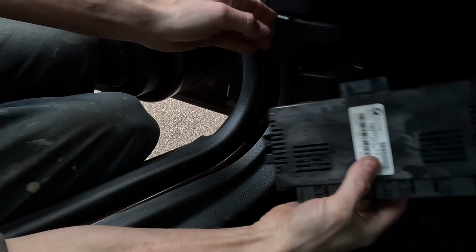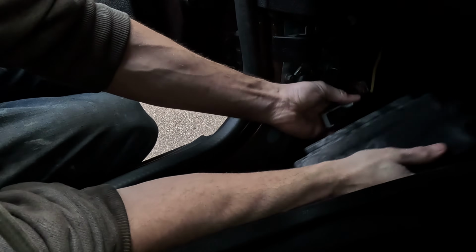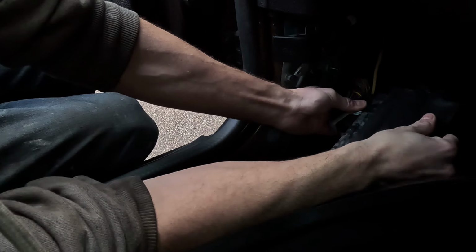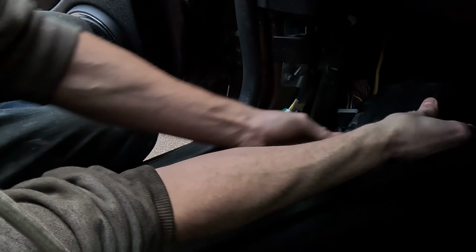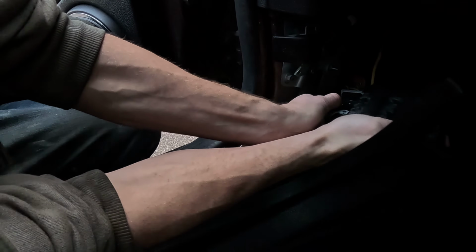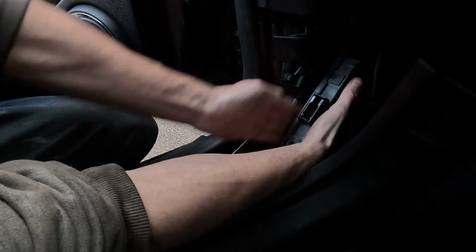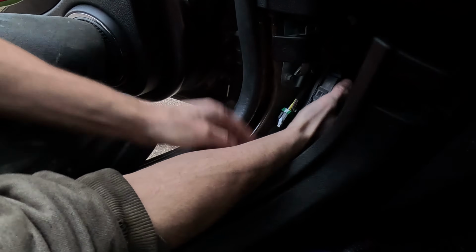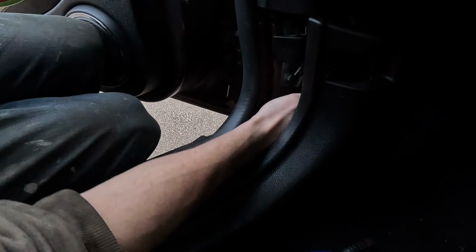Right, so back in the footwell again. And it's basically the reverse of how it was taken out. So the first plug can go back in and you just push it in and click that. Now you already heard the power windows have already worked. Pop this one in again, clip that down, turn it this way, push it back onto the little studs,